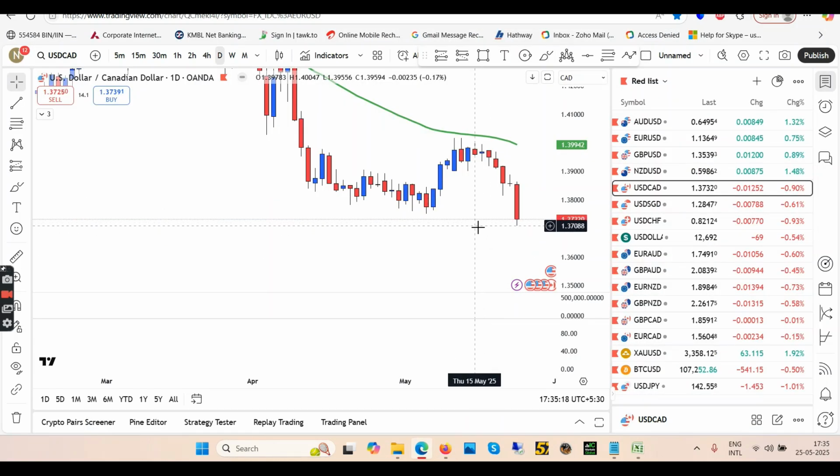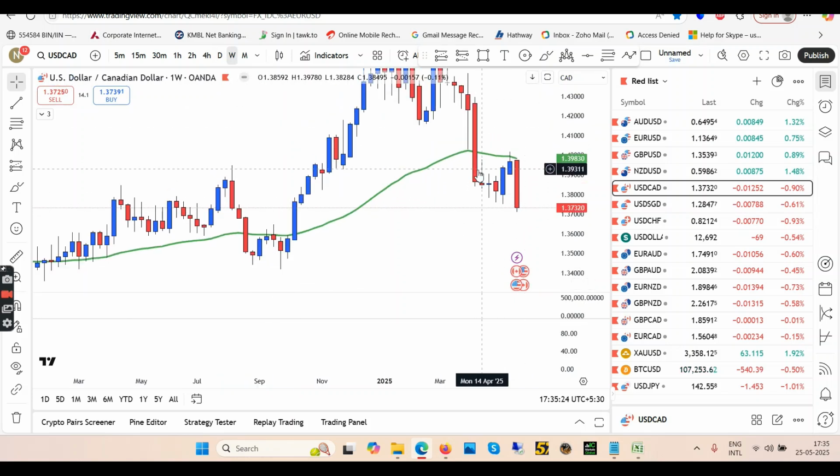Where are we here? We are in the daily chart. So let's start with the top-down approach with the weekly chart. Weekly, I had been telling since this candle, which was on 7th of April, okay, so since 14th of April, I had been telling that we have to go for this low right here. But then we came here slow, then we took a pullback. Then now we are again going down. So USDCAD is going very slowly towards this previous low, which is at 35164. So I think we have the potential to go down. But weekly is too far, so let's go back to daily.